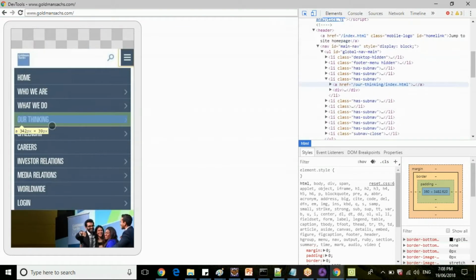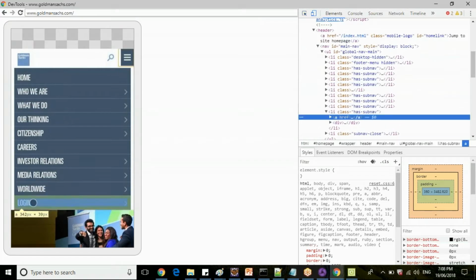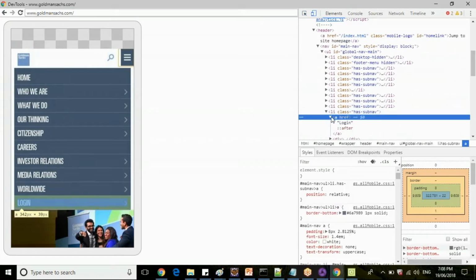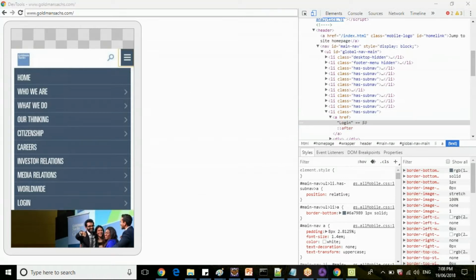Now, let's see. Let's say clicking on login button. So how do you automate anchor tag, guys? Suppose if you have an anchor tag here, so they are saying login is anchor tag 1. What web element we are going to identify to automate this anchor tag?